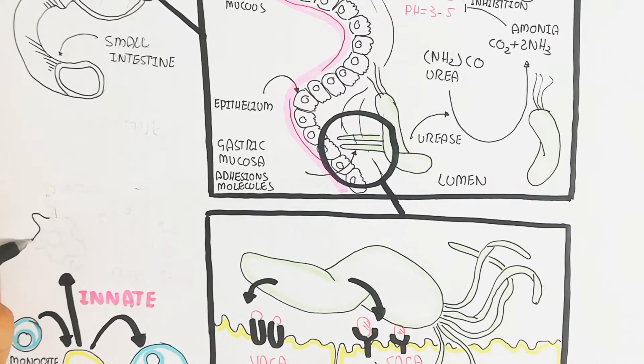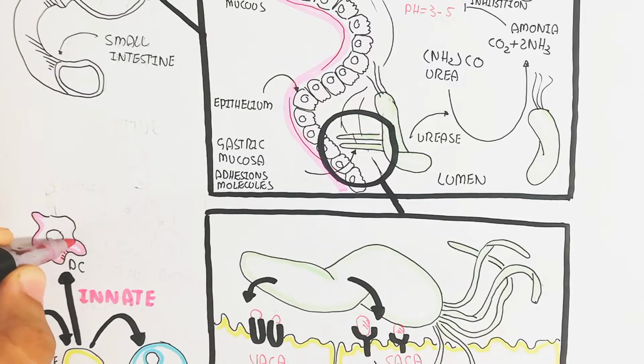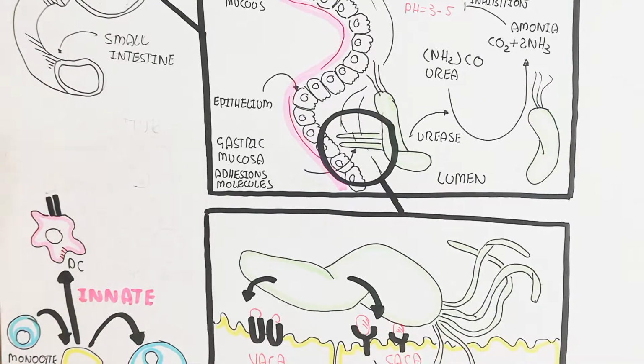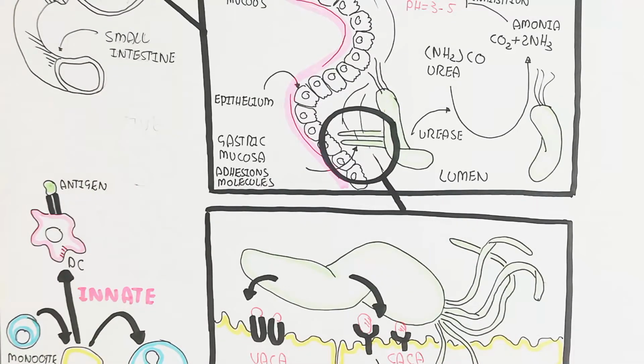In this way it triggers the macrophage for erythrocytosis and leads to monocyte recruitment, and the dendritic cell also participates in antigen presentation through phagocytosis, to show the antigen to the